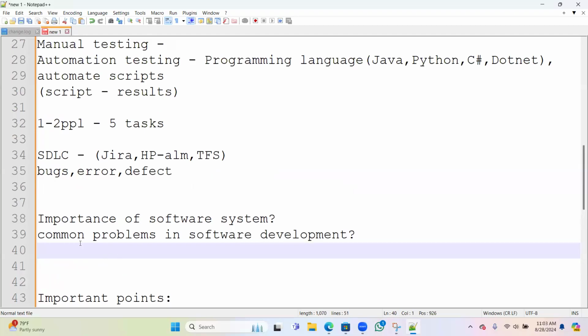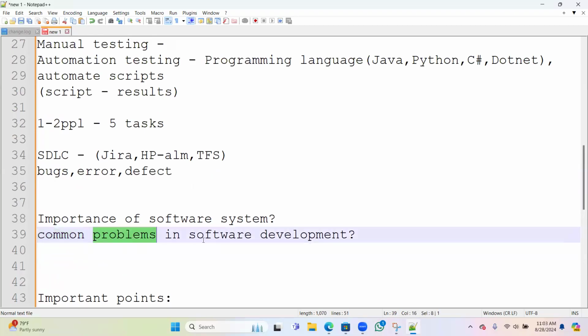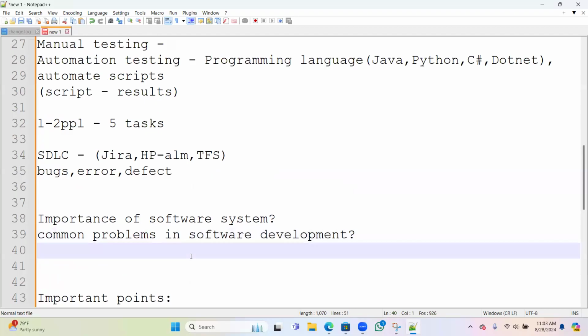Generally, there are some common problems we have in software development. What are those? Let's take scope. Scope means whether we can work on it or not.